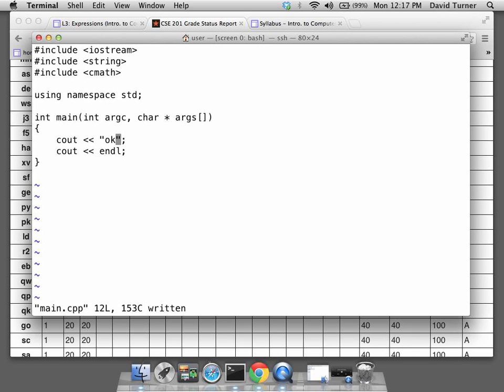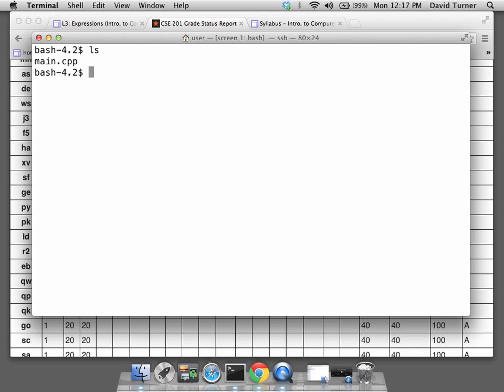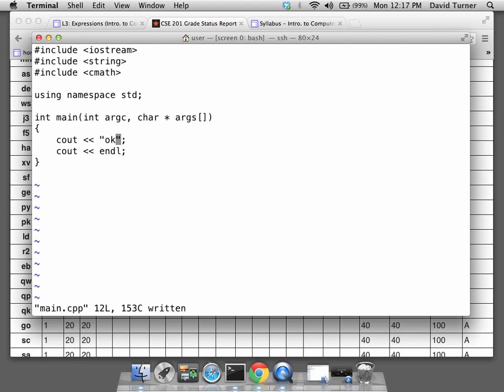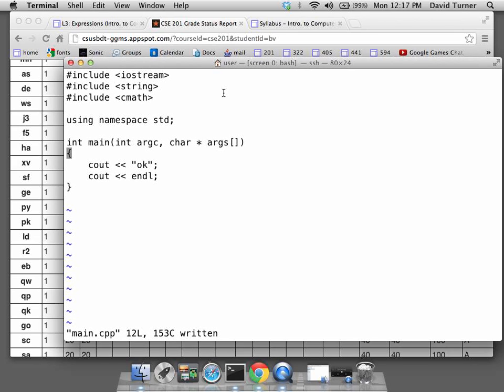Just to get started, I like to create a hello program, and there it is. We do this just to make sure that our starting point doesn't have any syntax errors. There we go. We print OK. All right, now we have a shell of a solution. And let's go back and look at what we need to do